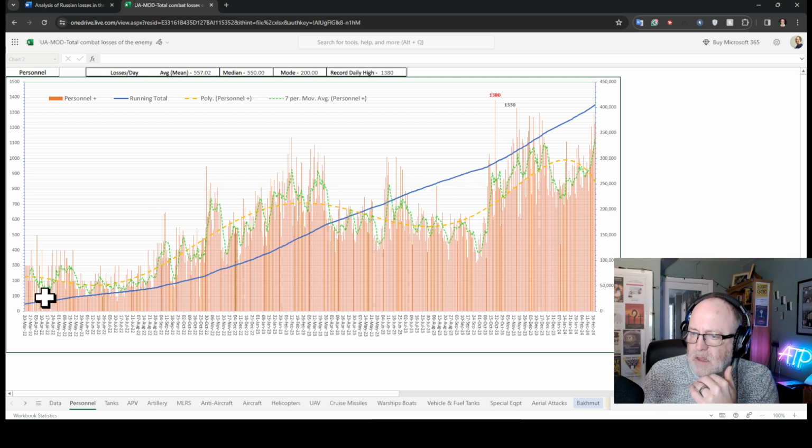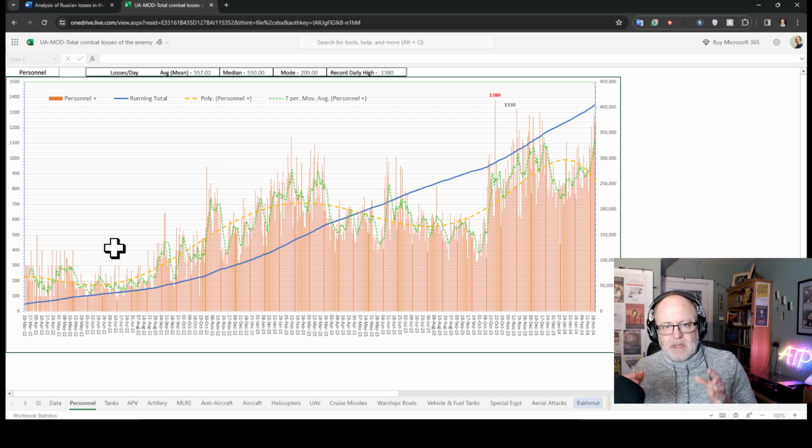So we can see the beginning, well, just to give you an intro into this, if you haven't seen this before, I've done these a number of times. But remember, there is a huge caveat here. The caveat is that these are general staff figures from the Ukrainians. Do we know how accurate they are? We're not sure. Propaganda's involved, inaccuracies, so on and so forth. So I'm assuming these are 100% accurate. Of course, they might not be.